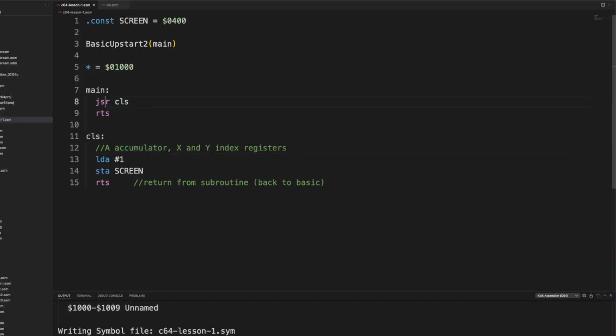So what we say is jump to subroutine CLS. Run this, and here is an RTS that returns from subroutine. So it goes back here, and here it returns from subroutine as well, so it goes back to BASIC. That is clean coding. And we do not want a 1 in there, but a 32,